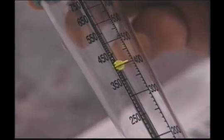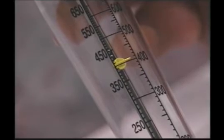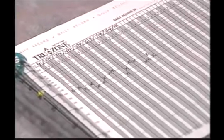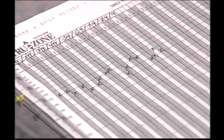Look at the yellow TruZone indicator and record the reading in the space provided. The TruZone Daily Record allows you to enter up to 3 readings a day, depending on your asthma management program. Over time, you will create a graph that shows just how or if your condition has changed. Over 2 to 3 weeks, it will also establish your personal best reading, which is your goal to reach when